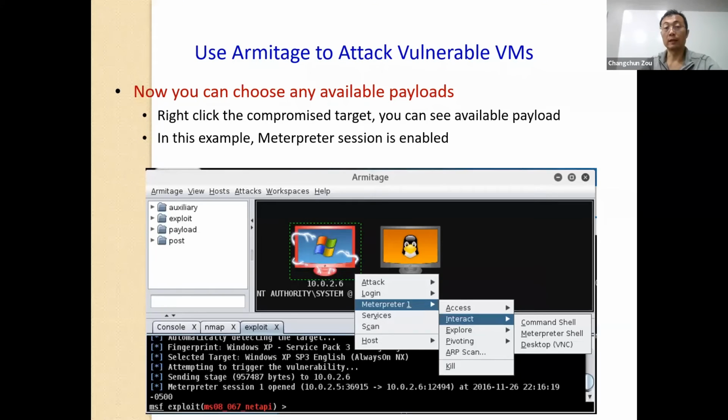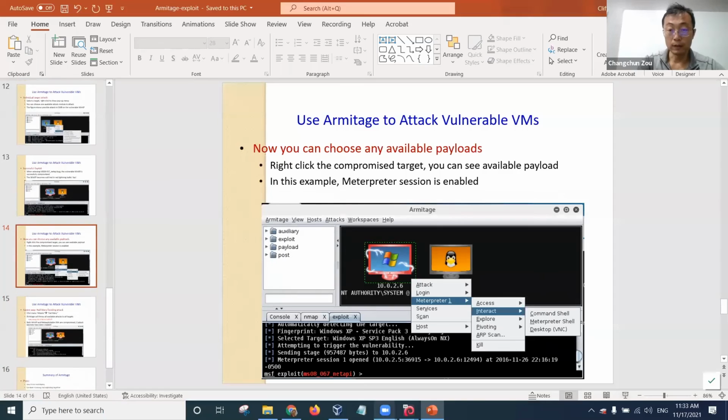Okay, so that is individual attack. Individual attack just means you try each available attack module. Hopefully some of them will be successful. You can try one by one, and trying each one is very simple, just a mouse click. You don't need to do any keyboard typing. All the mouse clicks will be fine. So for example, for